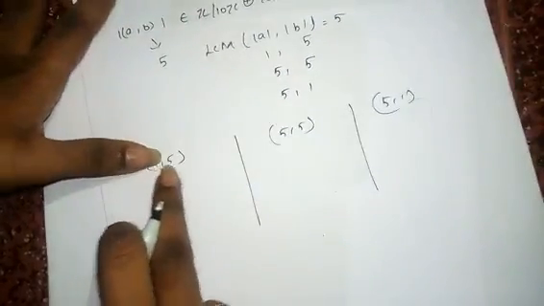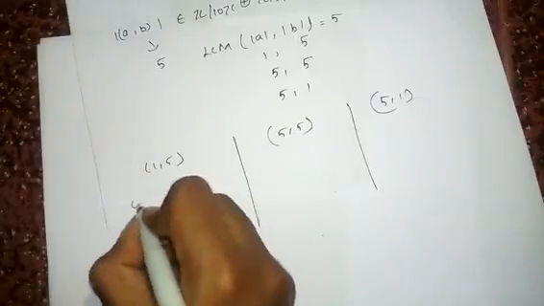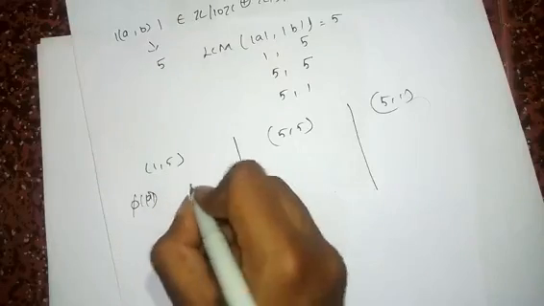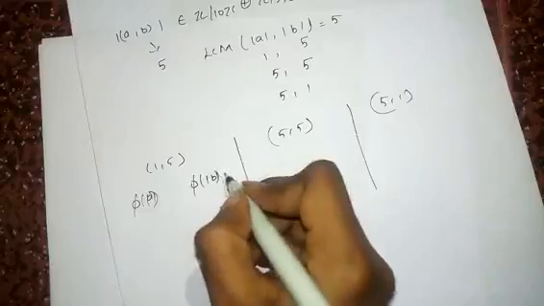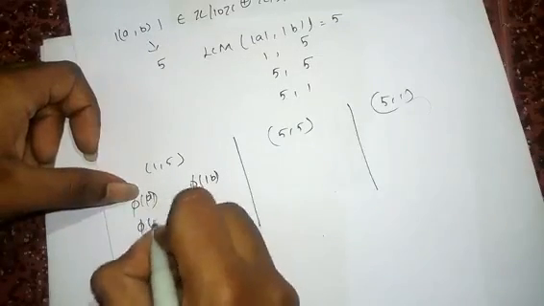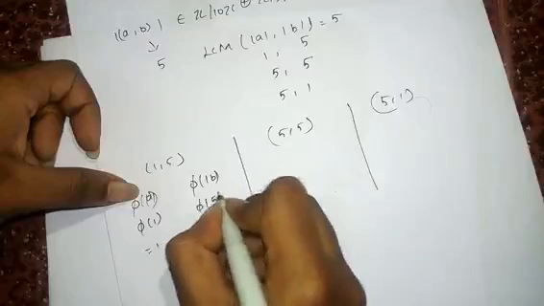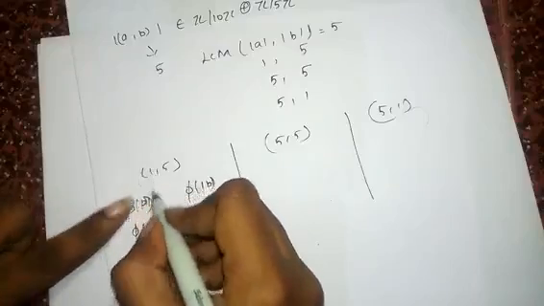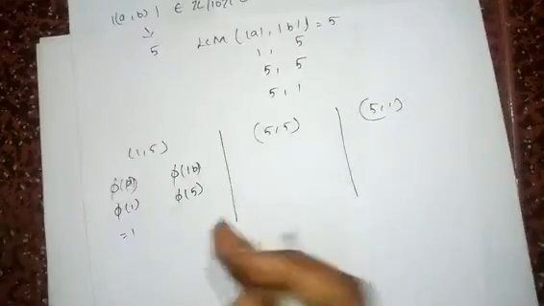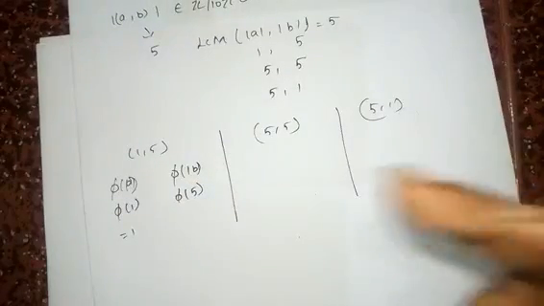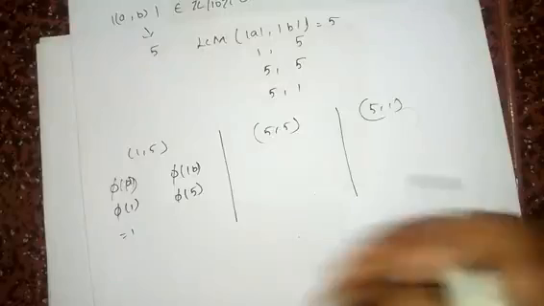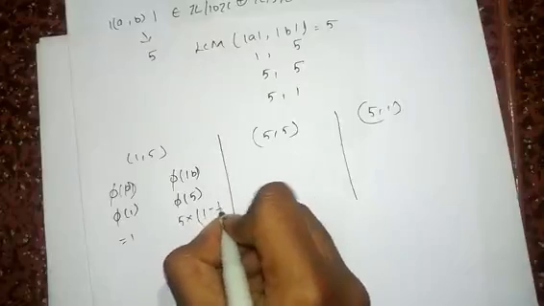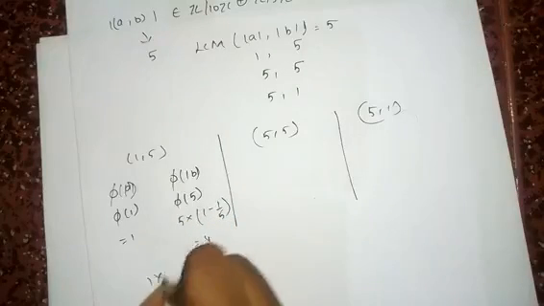So the order of A is 1, the order of B here is 5. So we take the Euler function of the order of A times the Euler function of the order of B. Here the order of A is 1, phi of 1 is 1, and phi of 5. The order of B here is 5. I discussed how the order of A is 1 here and the order of B is 5 here in my previous lecture, and I have provided the link in the description box. For your future clarification, you can refer to it. Phi of 5 is 5 into 1 minus 1 by 5, which is 4. So 1 into 4 is 4.